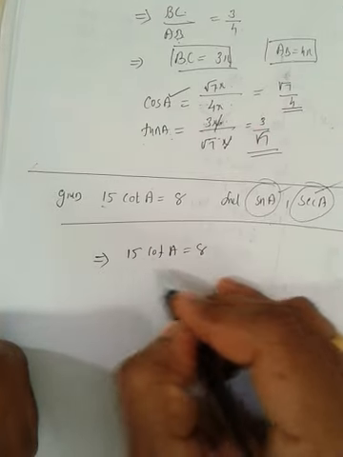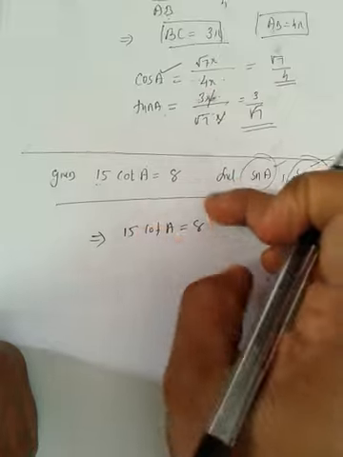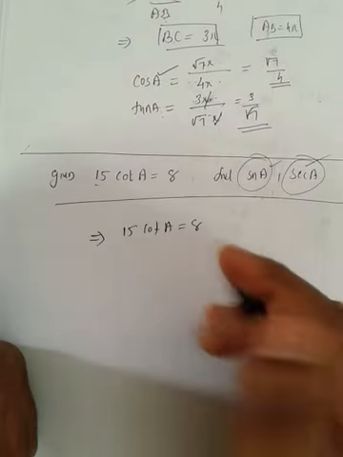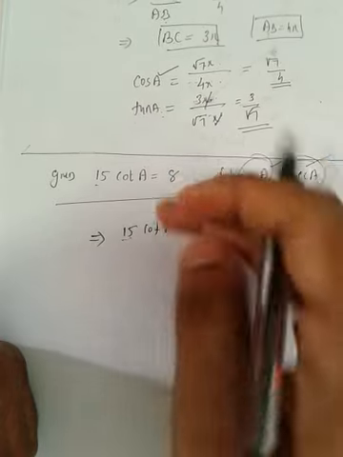This is a little bit strange pattern. So I'm going to make this as a usual pattern. How? Take this 15 to right side. This kind of question,